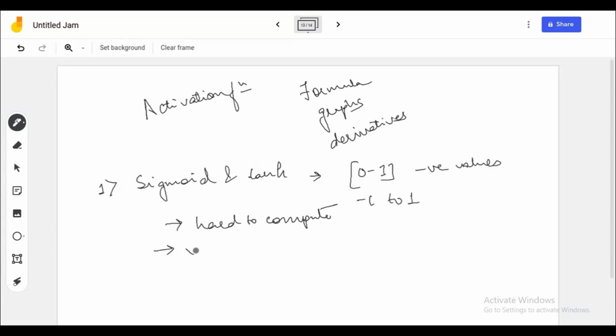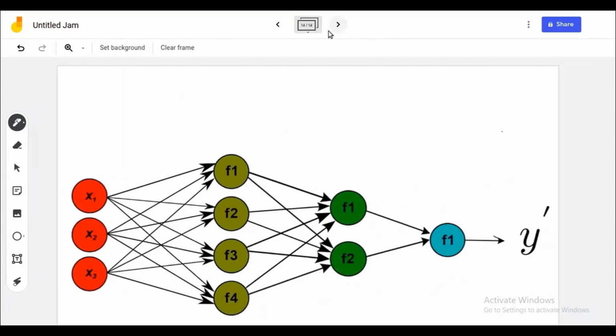The other problem that we are going to discuss now is the vanishing gradient problem. So what exactly is the vanishing gradient problem? If you remember, while calculating the loss with respect to the weights, we did backpropagation, that is, we calculated the loss with respect to the output of the first one, then the output of the first one with respect to the output of the second one, and so on. This was the whole idea of backpropagation, right?